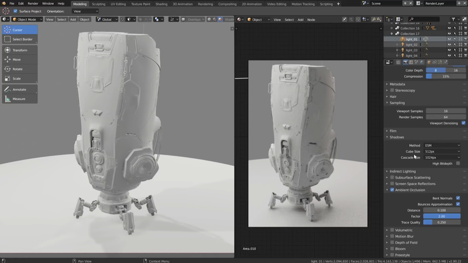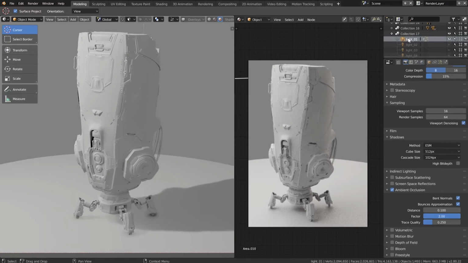We've got the shadows area here set to ESM. This is an exponential method. Let's switch off 3 of these lamps and just have light 01 ready, so we've just got shadows coming from one direction basically. And you can see towards here, the shadow is not really very strong. If we try switching over to VSM, the variance method instead, you can see we're getting a slightly better result, but in other areas, it may not be quite to your liking. I think this method is perfectly fine, but I'm just going to switch it back to ESM for the moment,